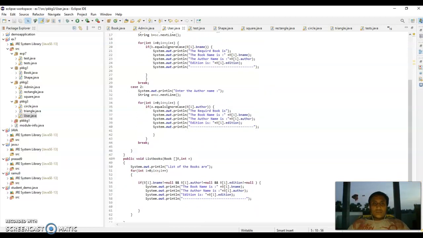Public void listBooks(book b[], int n), System.out.println list of the books are, for (int i = 0; i < n; i++), if b is not null, b[i].author is not null and b[i].edition is not null, System.out.println the book name is b[i].bname, System.out.println the author name is b[i].author, System.out.println the edition is b[i].edition,